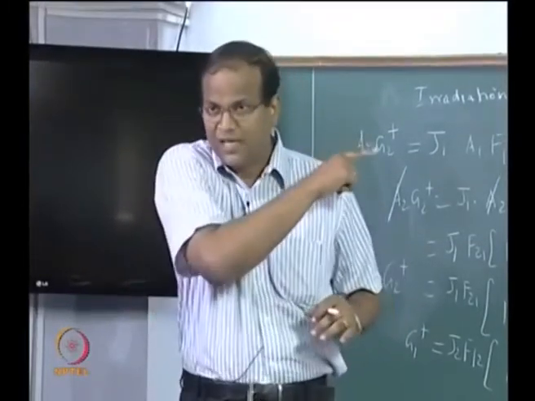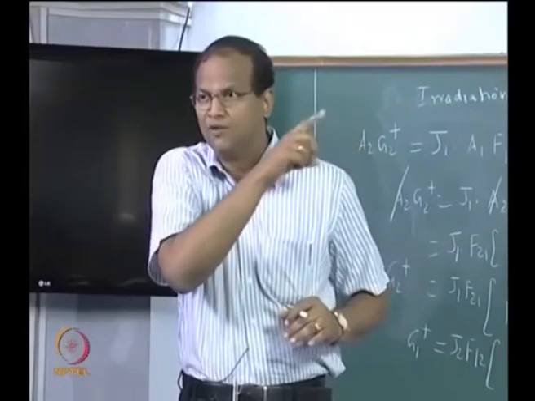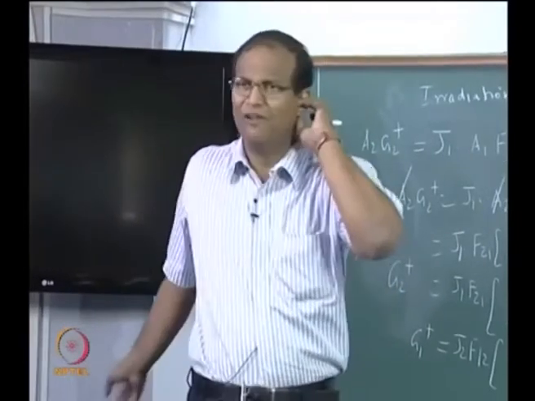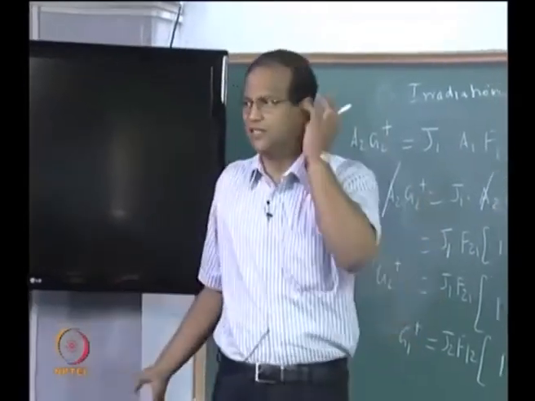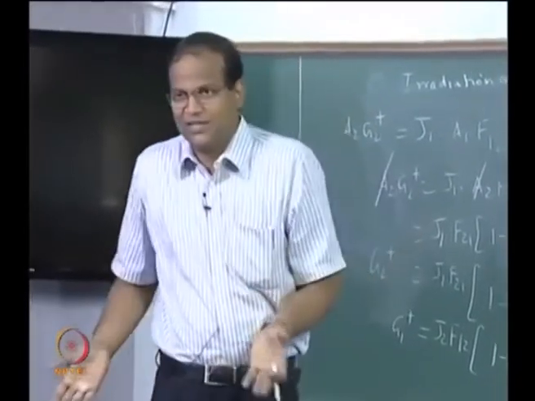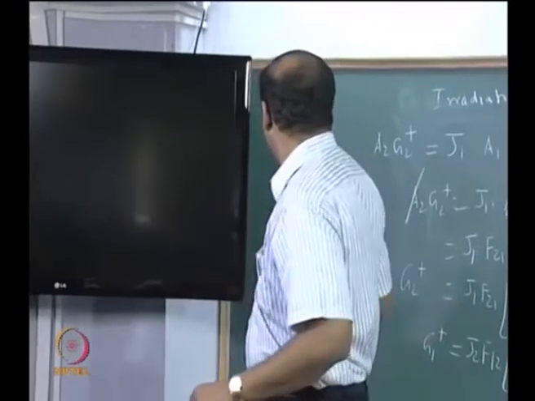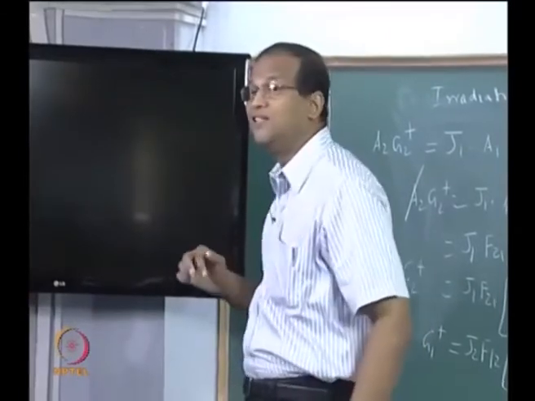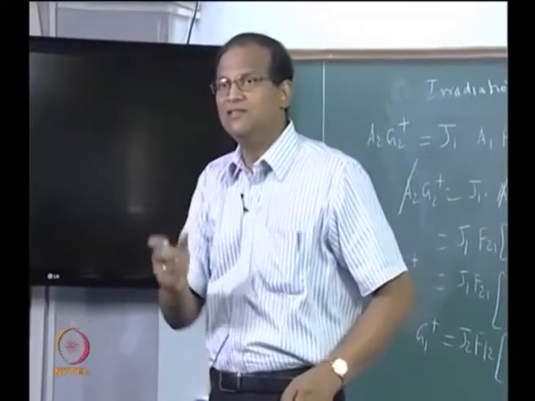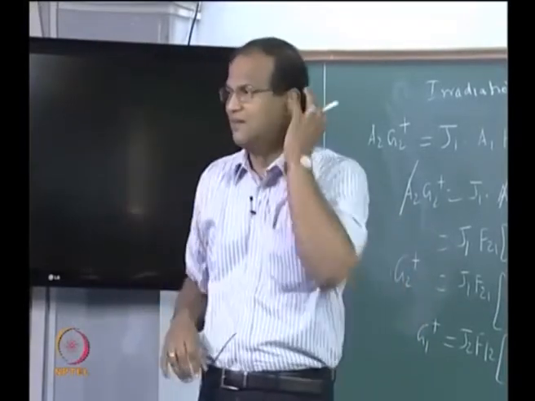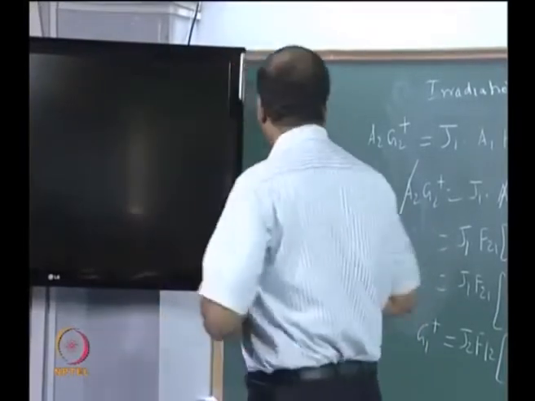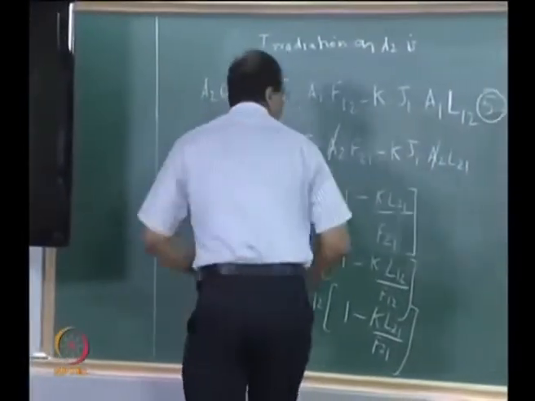Kappa represents the amount of mischief caused by the gas. Even if it is an optically thin gas only, that is why we are able to write e to the power of minus kappa, even then it will come. If kappa is equal to 0, then there is no need to consider gas radiation at all. Therefore, this 1 minus kappa L21 by F21 can be considered as the tau of G, the transmissivity of the gas. Okay. So, G1 star